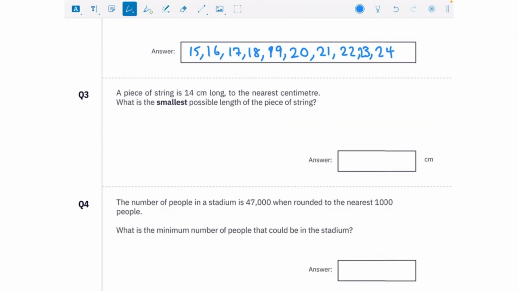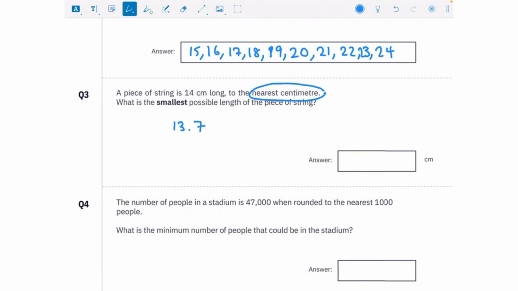Question number 3. A piece of string is 14 centimetres long to the nearest centimetre. What is the smallest possible length of the piece of string? So let's think of examples. It's been rounded to the nearest centimetre. So it didn't get rounded to 13. That would have been a centimetre down. So it could have got rounded to 13, but it didn't. So we know that it was something like